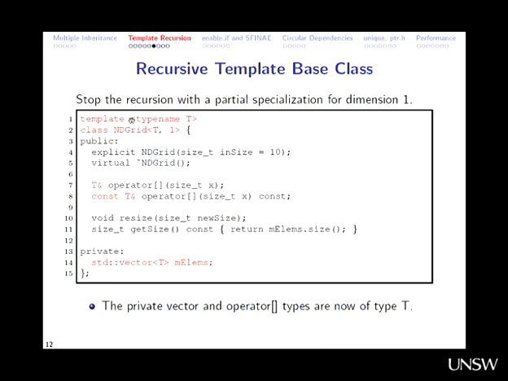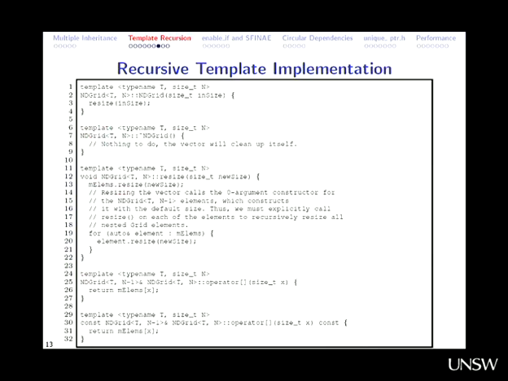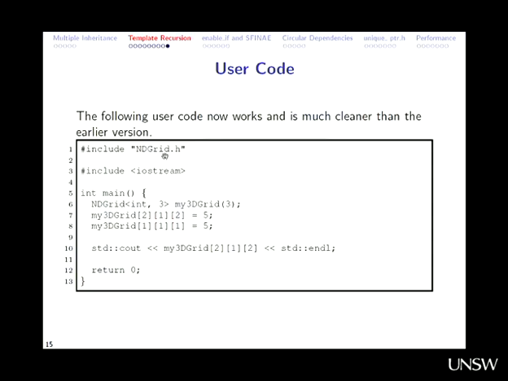And so we have a second templated class. Okay, we have a second templated class with a 1 up here. So this is for the base type. It keeps the T there. Notice that the return types here are now returning Ts, whereabouts before they were returning the recursive type. This private vector is now storing T elements. And when we get as far as the user code, we can say, this is the NDGrid of ints, we want 3 dimensions, there's my 3D grid, bang, works